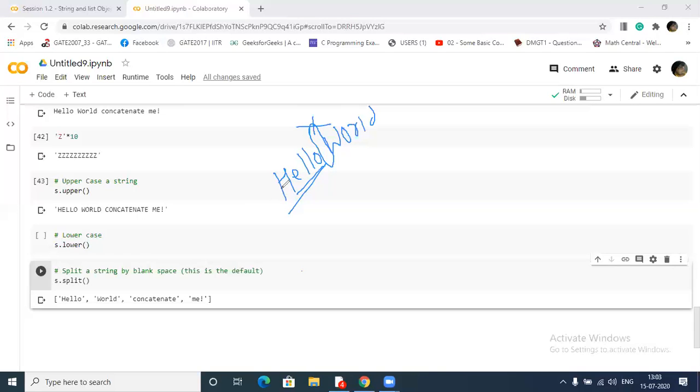This is called the delimiter. Here by default the delimiter is a blank space. After that, for world, the counter will go until it again finds a blank space. Since it ends here, that's world, then concat, again it will find a blank space, then it will print this, again it will find a blank space.